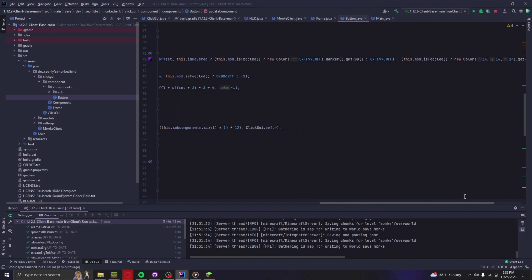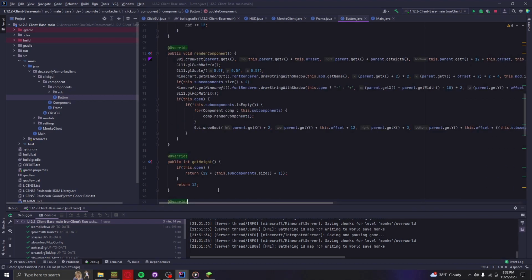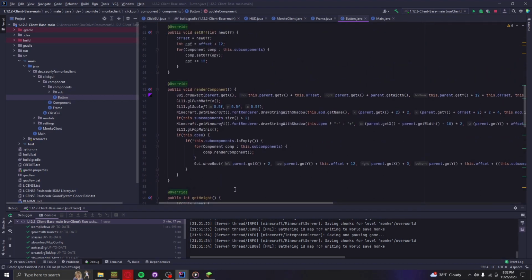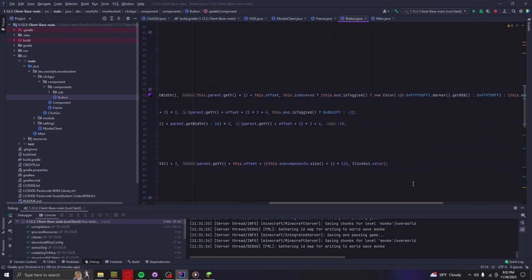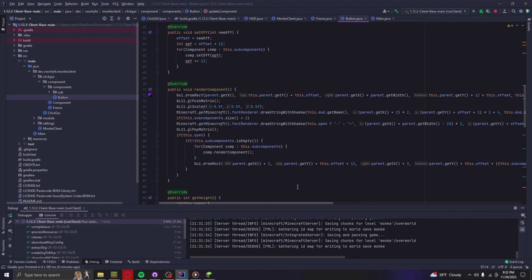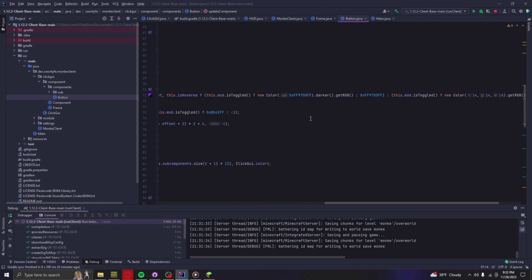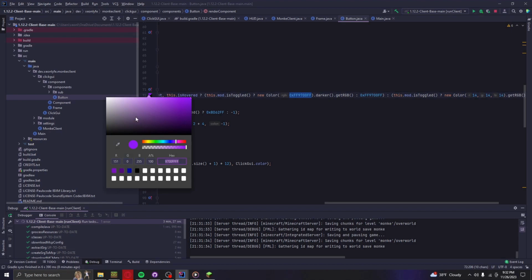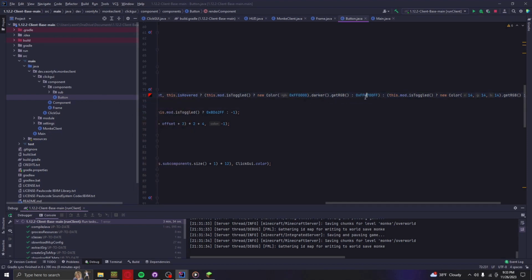So let's say, for some reason, you don't like that purple color. Maybe it's too blingy, maybe it's not blingy enough. What color can we make this? So if this is our purple here, the cool thing with IntelliJ is we can actually change it right here. So let's say I want to make this, instead of being purple, red. Let's make it very red. And then this one here,